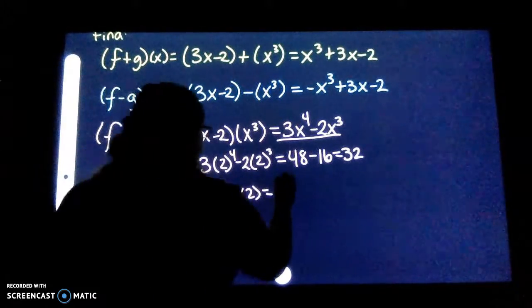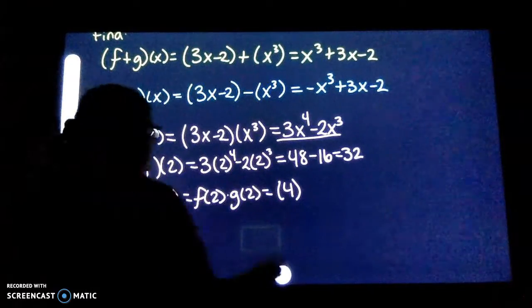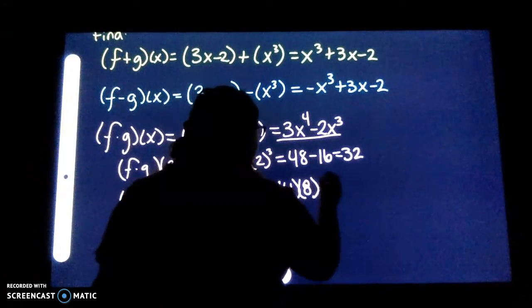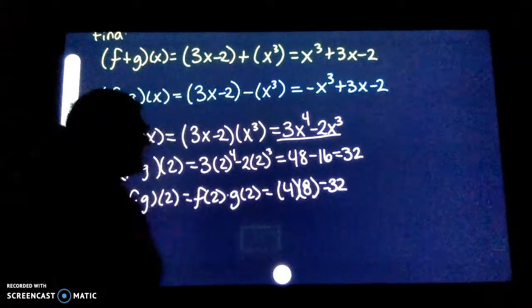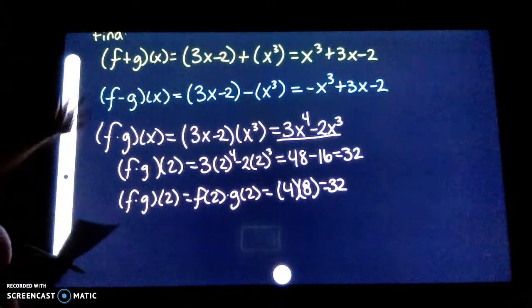2 plugged into f gave me 4. 2 plugged into g gave me 2 cubed, which is 8. 4 times 8 equals 32. So they both come out to the same answer. It just depends on what you're starting with. So let's go ahead